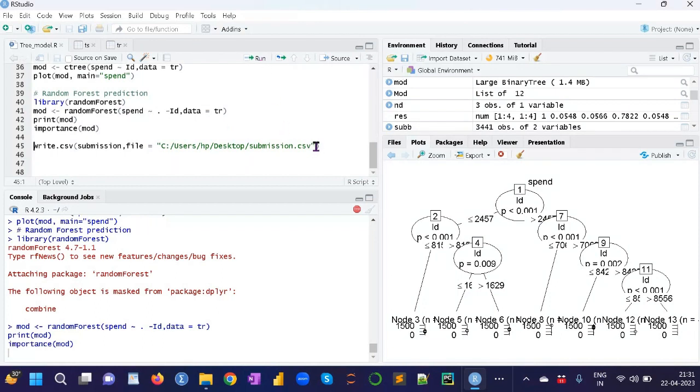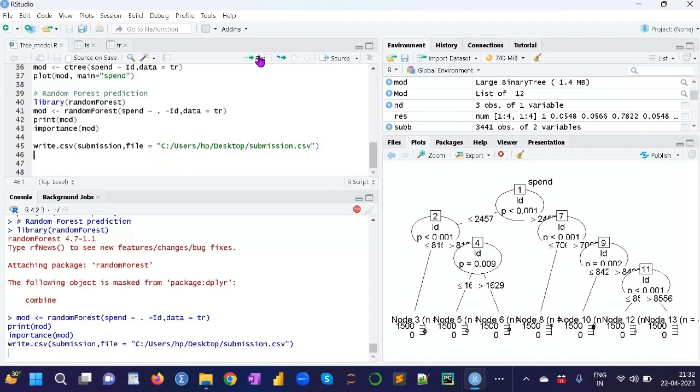This is the last step. I want to save my new data set, submission. This is my new data set where I fetched the two columns, ID and expected. So I want to save this file on my desktop. So I have given the path and write.csv. In the R language we use write.csv.